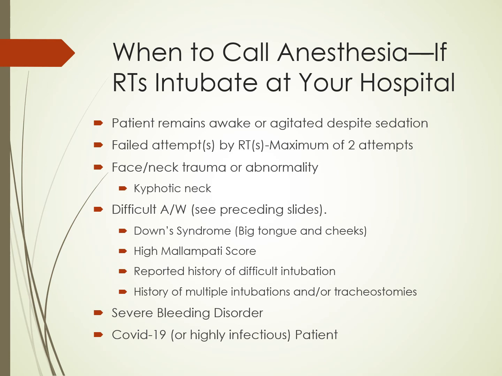History of multiple intubations and/or tracheostomies, severe bleeding disorders where their platelets are low. The normal low end of the range for platelets is, depending upon which book you look at, 130 to 150. But a critical level is where platelets start approaching 50 or less. Good idea to just call anesthesia, because if you're trying to put the tube in, and it's in any way even slightly traumatic, you may end up with bleeding, and it's not just bleeding anywhere, it's bleeding into